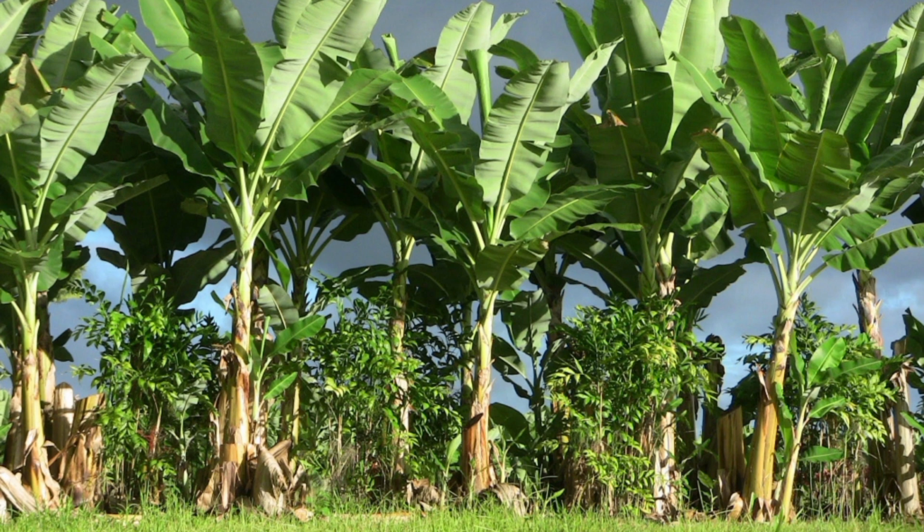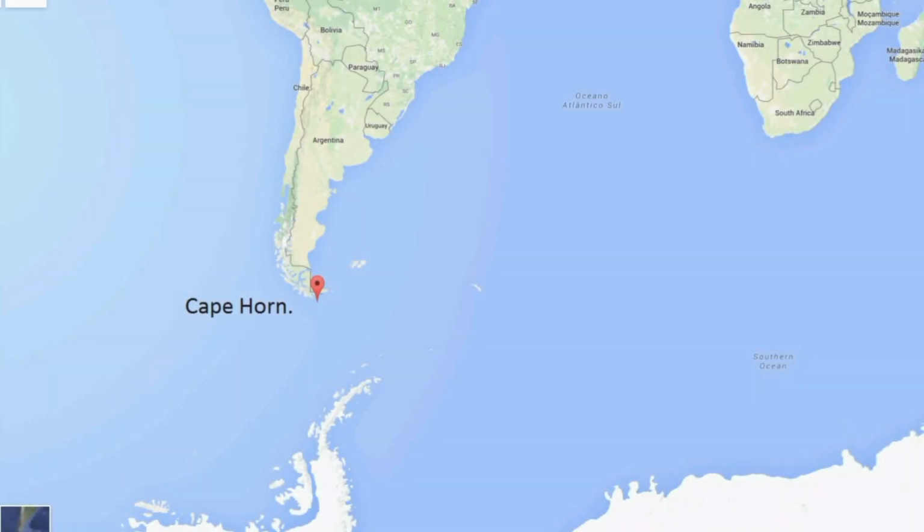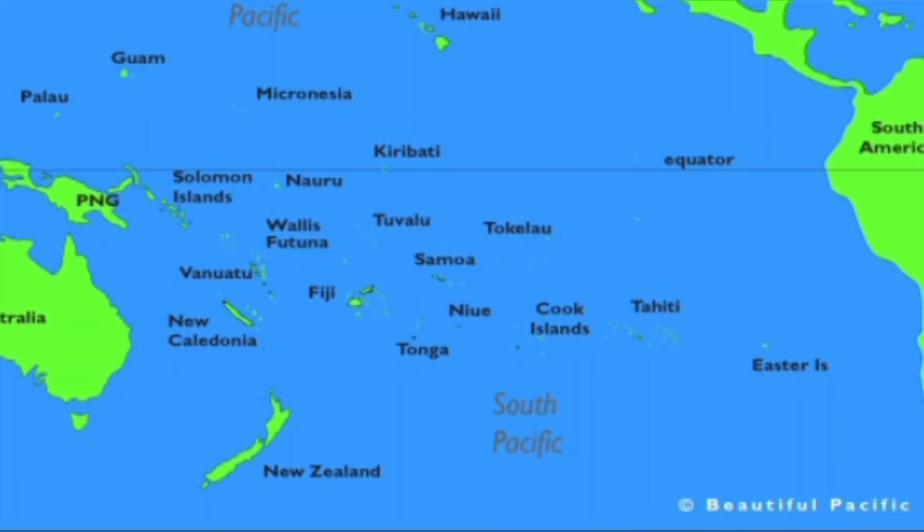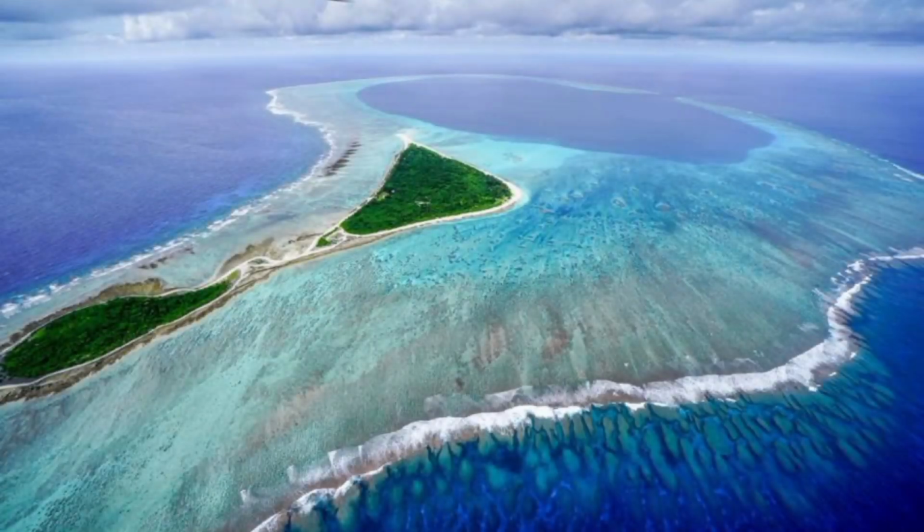This trend continued as South America and its islands were discovered, when the Dutch and British established colonies in the New World and were able to set sail around Cape Horn, which is at the bottom of South America, and they started exploring the many islands of the vast Pacific Ocean. A trend was noticed. Many of the islands, some of them not even inhabited by human beings, all had banana